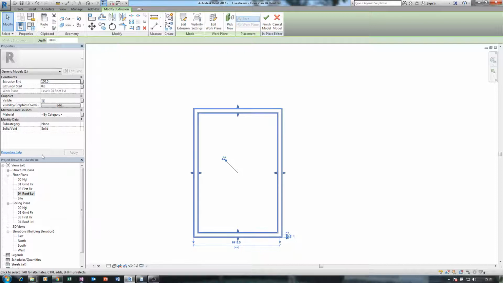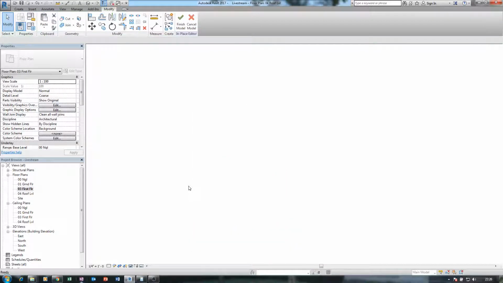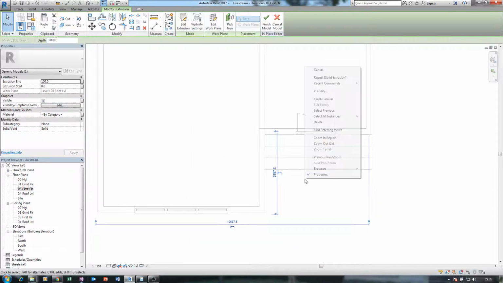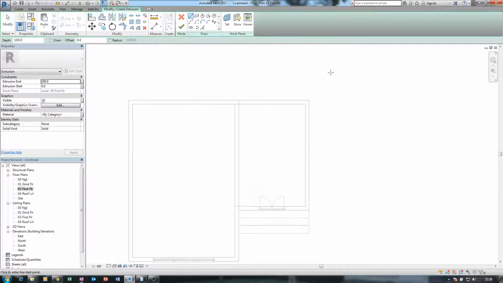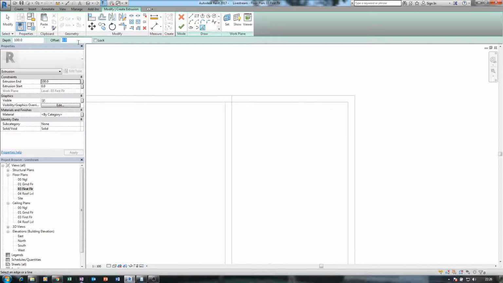Okay, I finished that. Let me go to first floor as well. Right click, create similar, and on the first floor I'm just going to make 75.